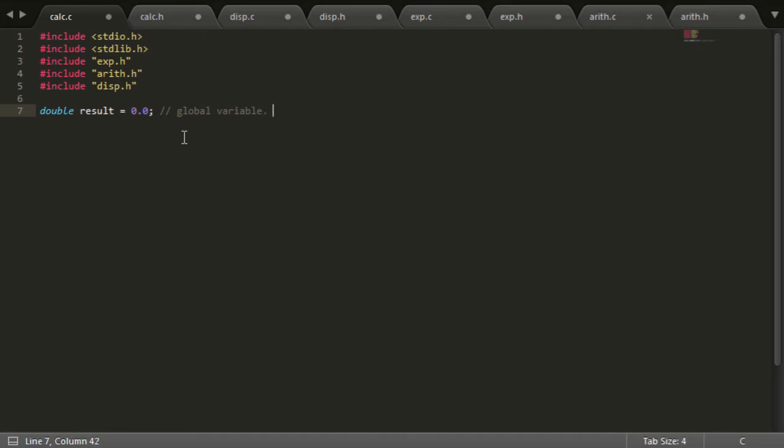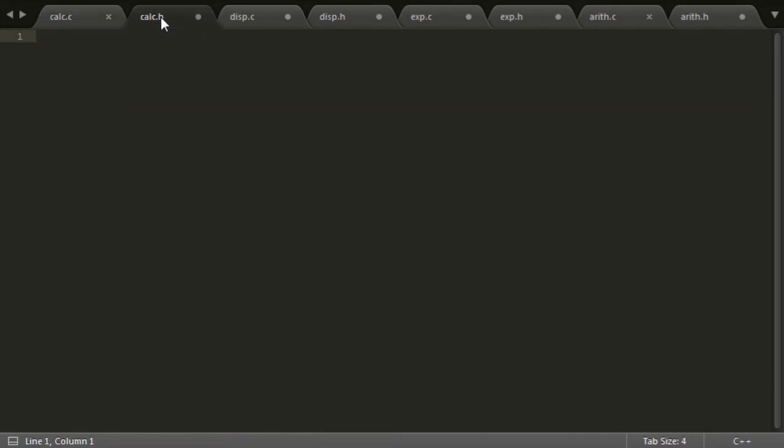And something important to note is that the other files are going to have to use the extern keyword to access this global variable. Okay, so let's move over very quickly to make a file called calc.h, and